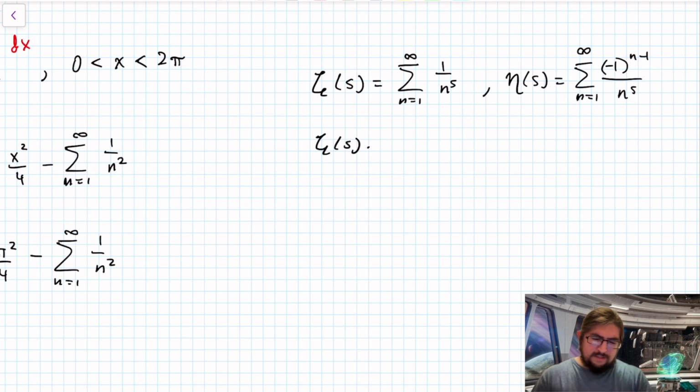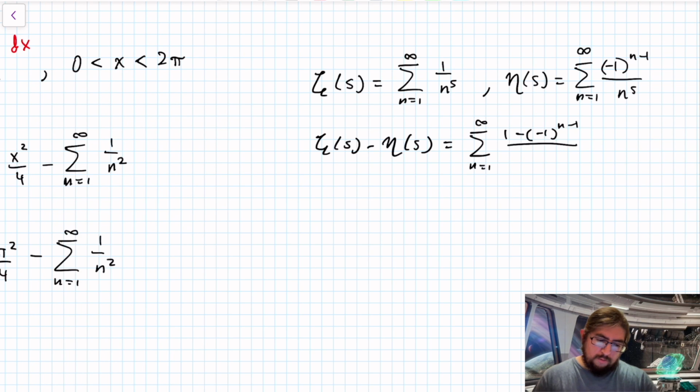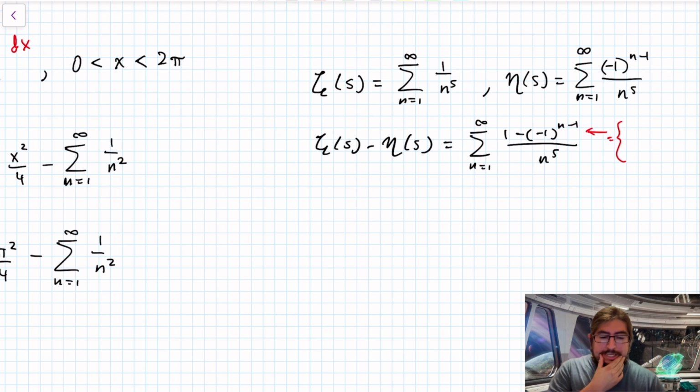So zeta of s minus eta of s is equal to, there's a nice way of writing this. Look, check this out. We have 1 minus negative 1 to the n minus 1, all over n to the s. That's kind of interesting. Now let's think about what this is. So this is when n is odd,